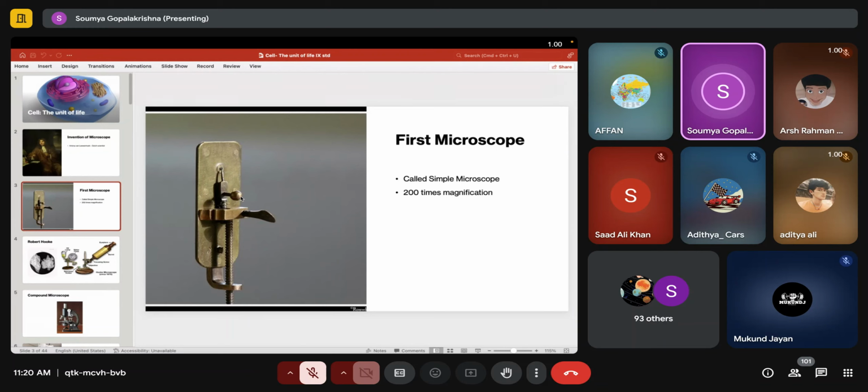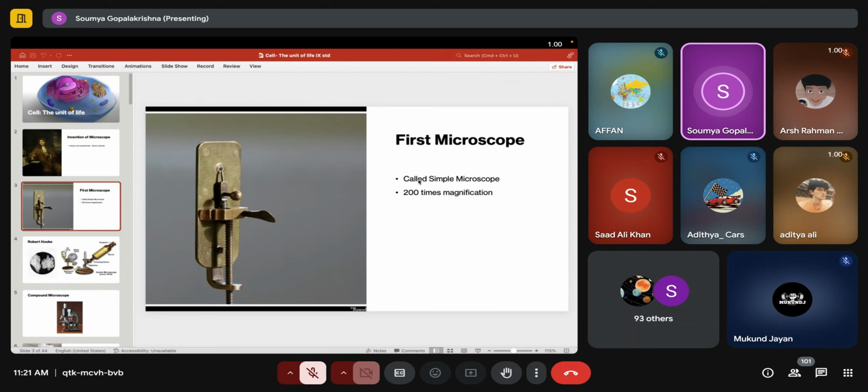Understand? So this is a very, very basic kind of microscope that Antony van Leeuwenhoek made. Keep the specimen here, turn the screw, it comes up, and on the opposite side, through your eye, view it. So the magnification was, if the object which was placed over here looked 200 times bigger. So we say the magnification of this was about 200 times. Okay. But this much magnification was not enough to see cells under the microscope.